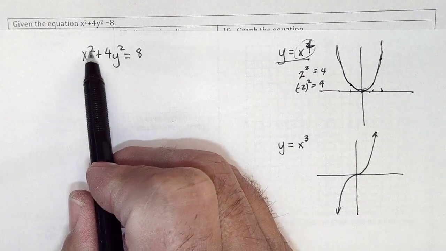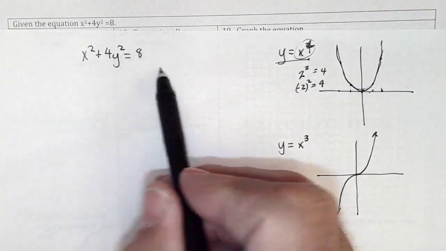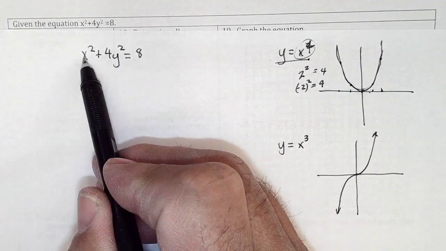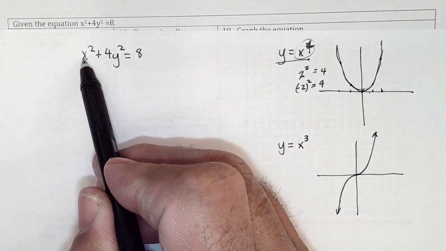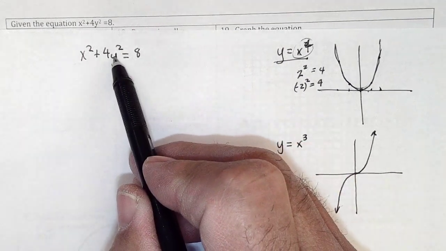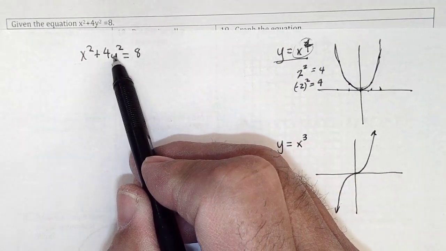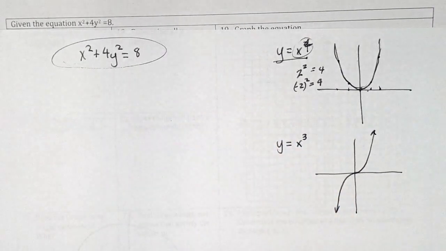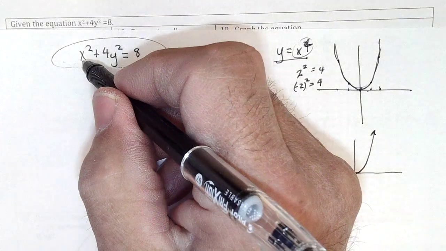So if x is squared and there's no other x's, this equation is not going to care whether x was a positive number or a negative number. It's going to square it and make it positive. It also doesn't care whether y is positive or negative. So this equation has to be symmetric with the y-axis